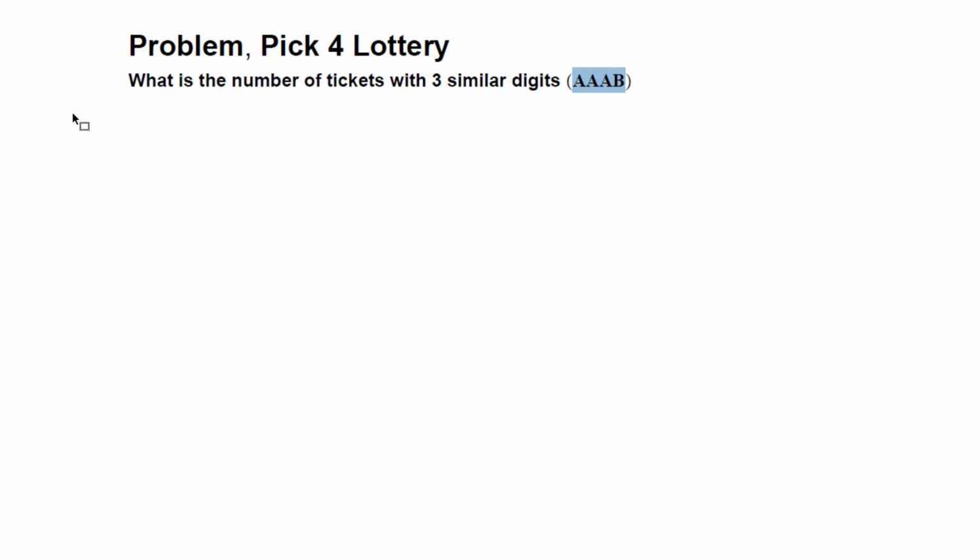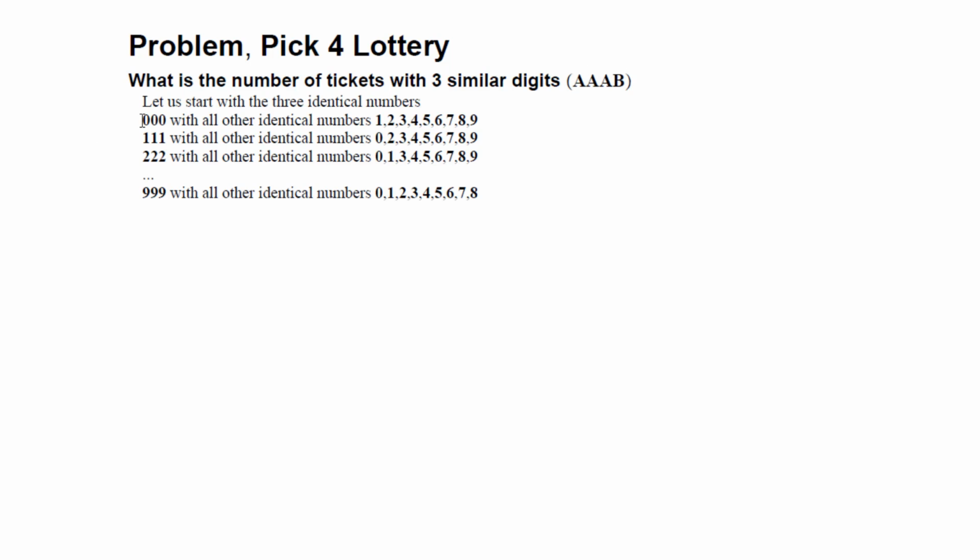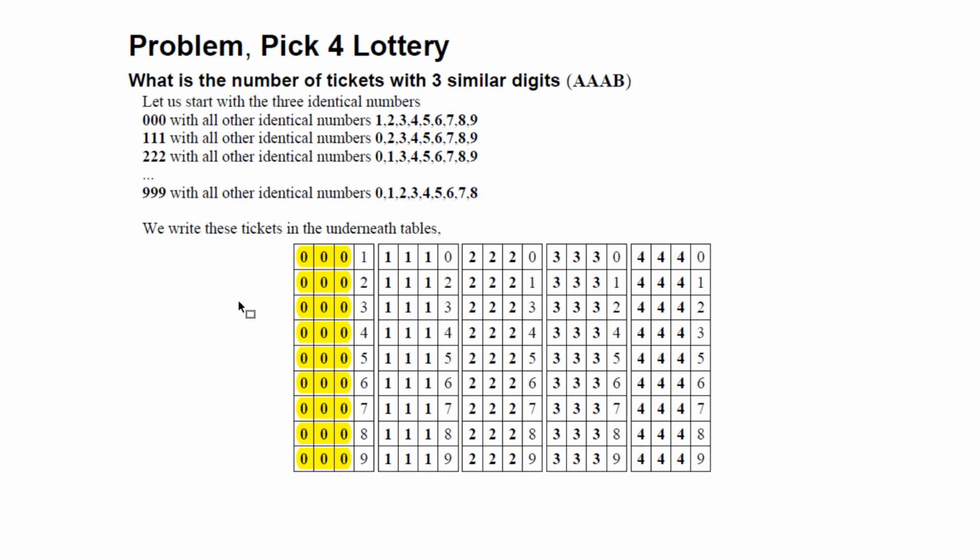Now the question is, what is the number of tickets with 3 similar digits in the form AAAB? So let's start combining 3 similar digits from 0. So we start with 0, 0, 0 with the rest of the numbers except 0, because if we include 0 here we are going to get a ticket with 4 similar digits, and then 1, 1, 1 with the rest of the numbers, and 9, 9, 9 with the rest of all the digits. And what do we get? We get all these tables here,